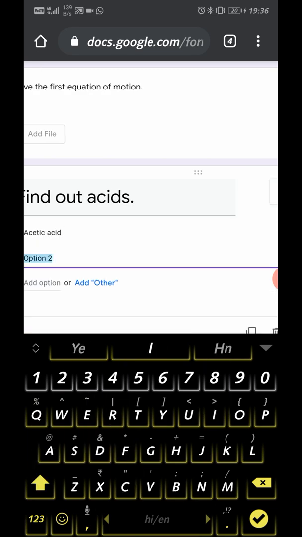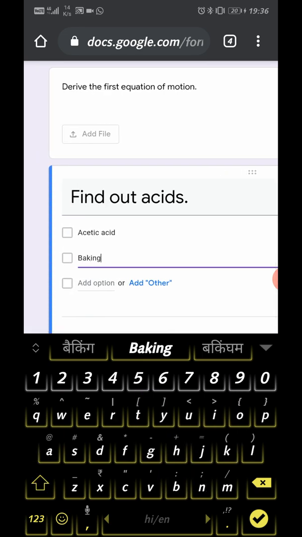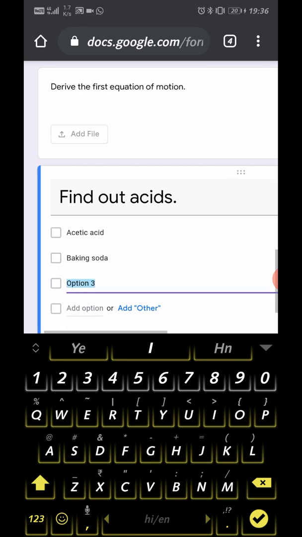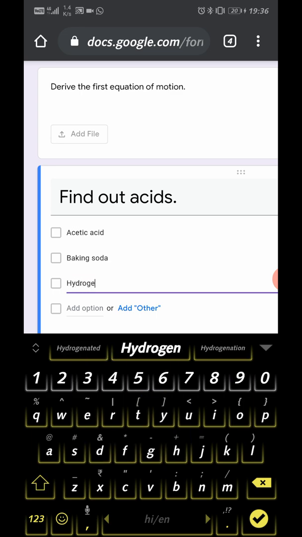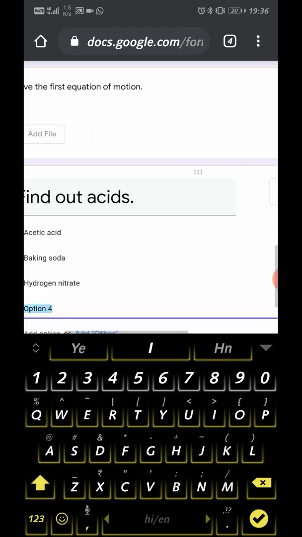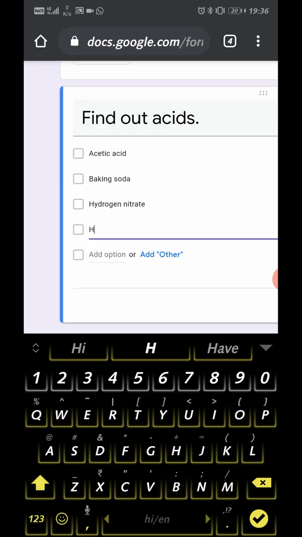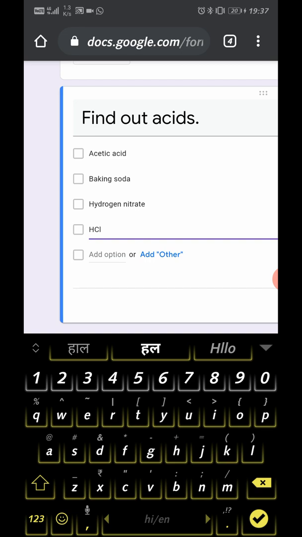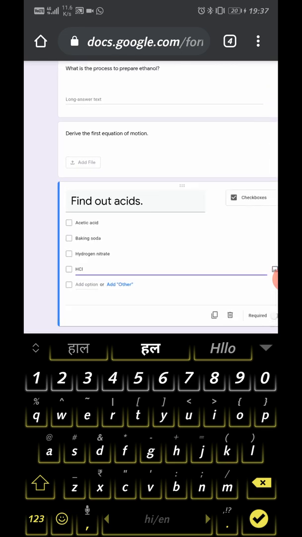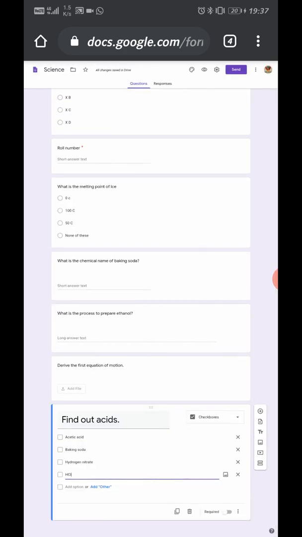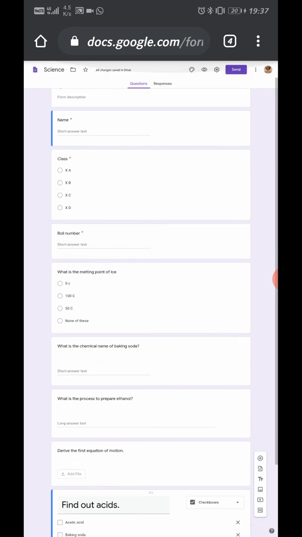Another option is baking soda. Another option is hydrogen nitrate. Another option is HCl. So as you all know that there are three answers, so in this question the student can choose three answers. This is the short preview of your examination form.